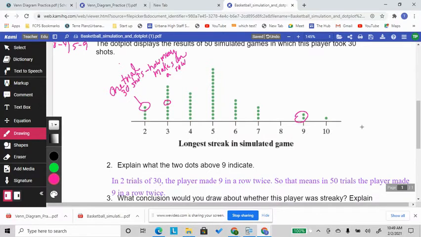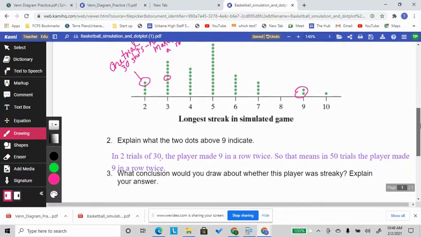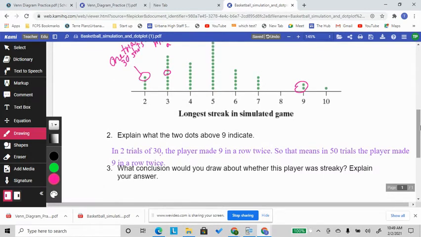All right, so the whole thing was, a success was 10 or more. It says, what conclusion could you draw about whether this player was streaky? Okay, so that means 10 or more in a row. Let me change to red. In only one trial out of 50 did that player make 10 in a row. 1 out of 50 is 2%. So out of 50 trials, that player only made 10 in a row 1 out of 50 times, so 2%